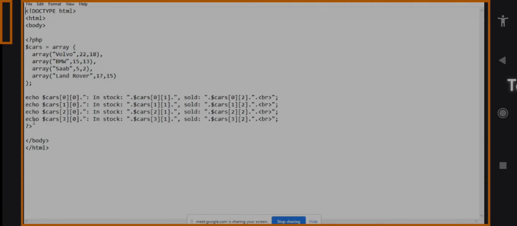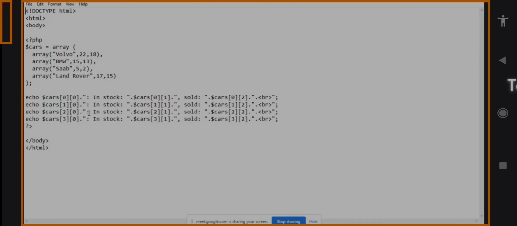Now we have to print this particular array one by one. How to print it? Just write down these statements. So echo $cars[0][0]. I already told you we have to take the row and column position. So the first position is [0][0], that is your Volvo. Then colon, in stock, that will be printed in the output. Then $cars[0][1].